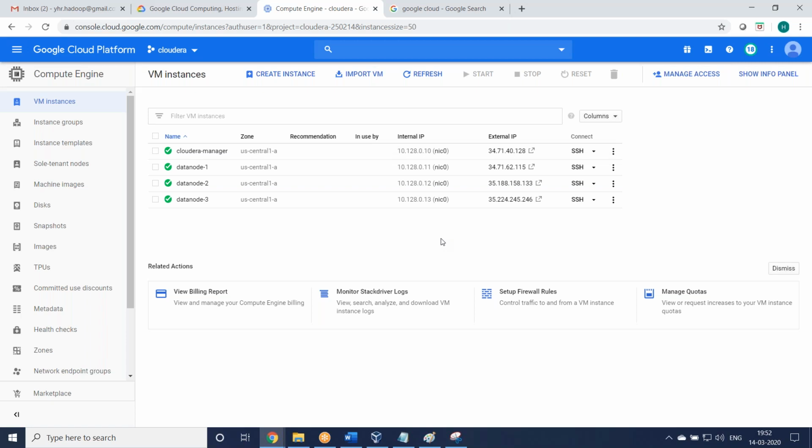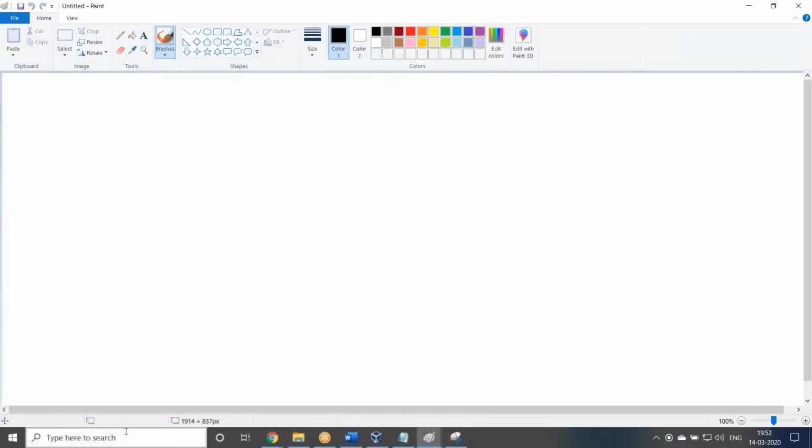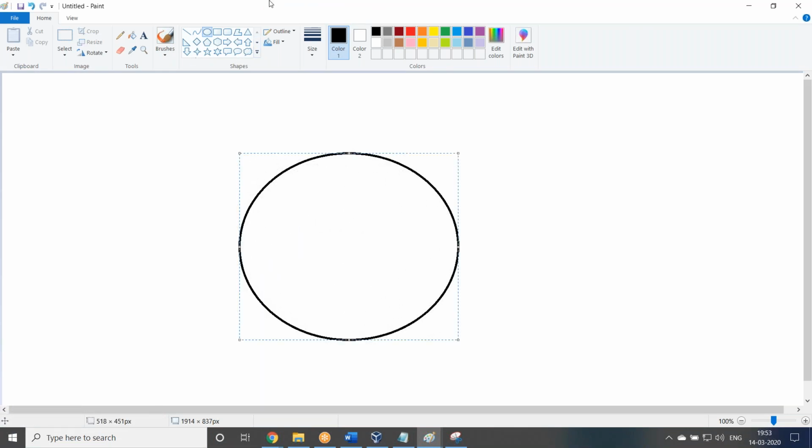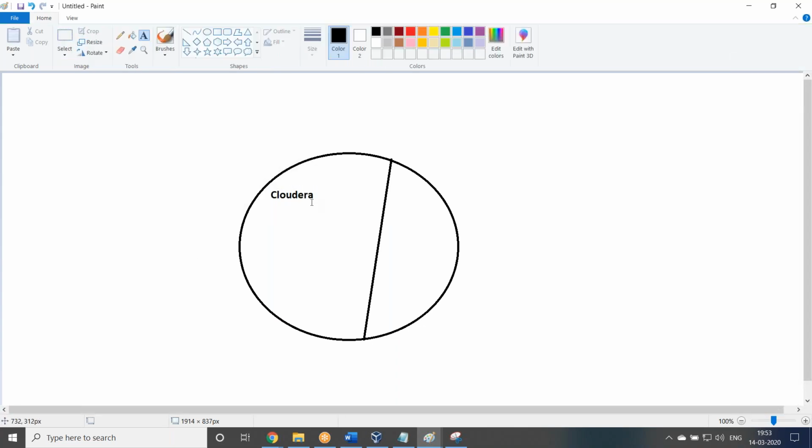If you take it as 100%, total companies' people are using, most of it, 60%, is Cloudera. Throughout the world, almost all companies, 60% are using Cloudera.